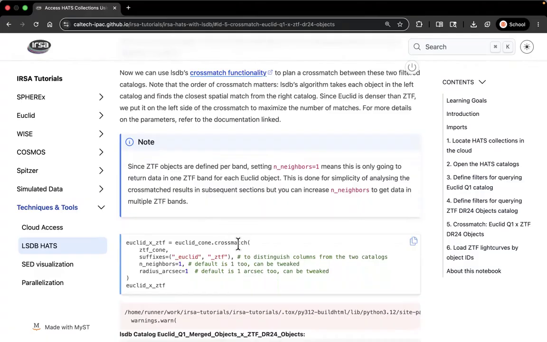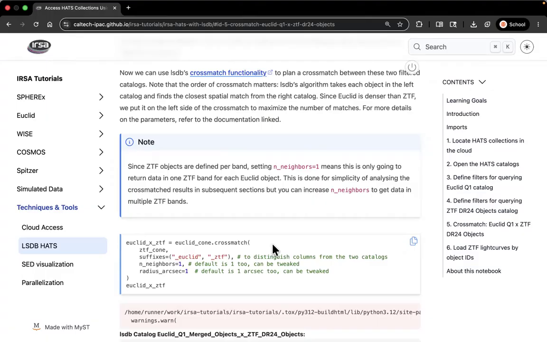Now we're going to define the cross match. It's very simple to define this cross match, but a cross match is a pretty complex operation. LSDB provides this simple way for users to code it up, but then it handles everything else under the hood. So LSDB will actually use one of those ancillary data sets that we mentioned at the top of this notebook. That's the margin cache, and that